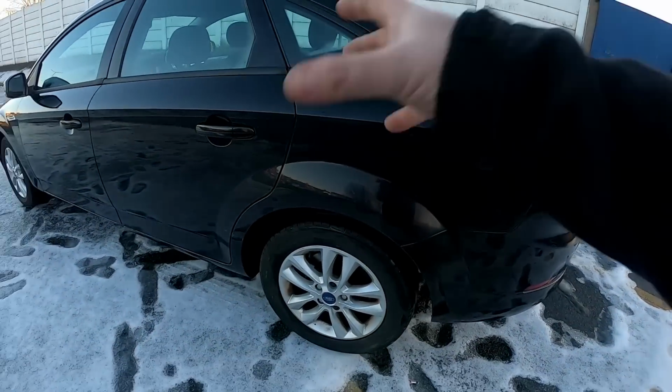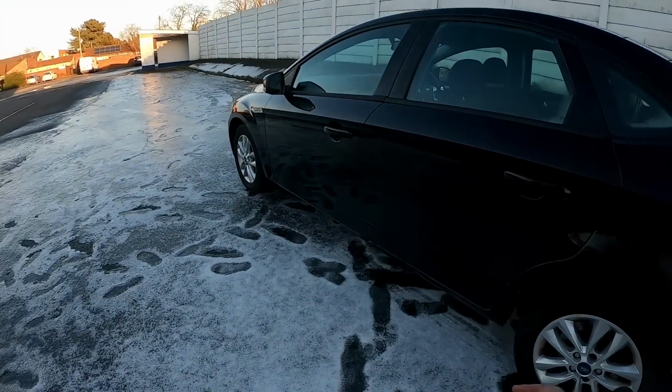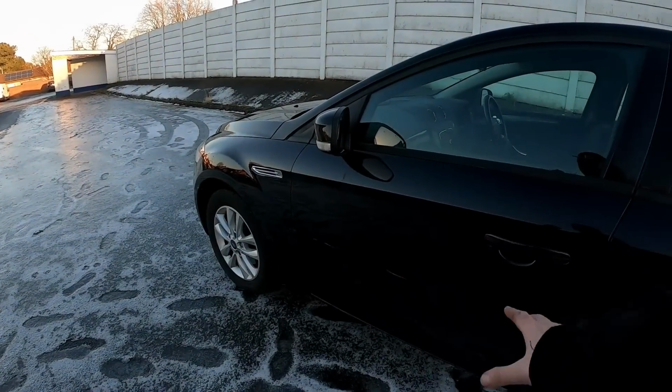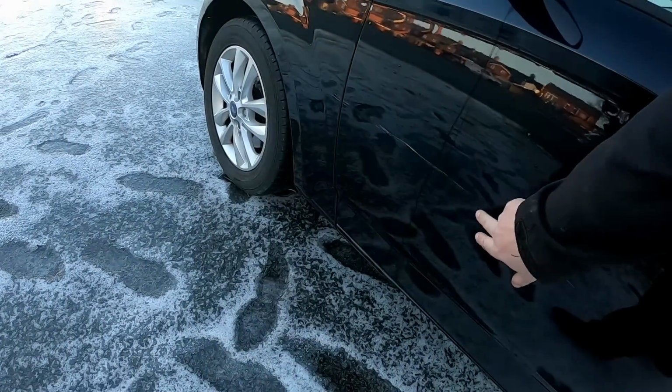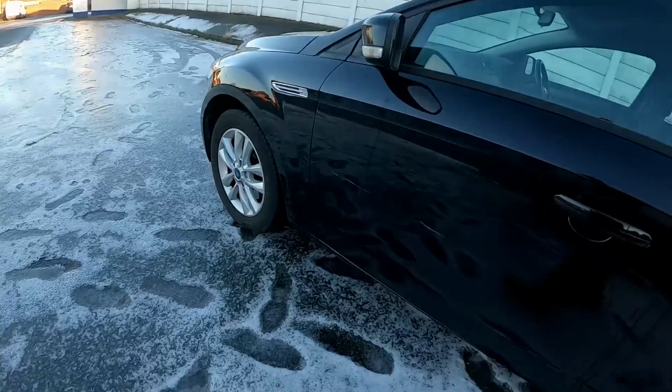Quarter's good, but then things start to go a bit downhill. Looks nice and shiny, the car is, but if we can see here, we've got, first of all, a mark on the door, which actually will come out. I've actually started to buff it out, and it will come out. It's just scuffed, it's not gone down through the paint, so that will come out. But unfortunately,